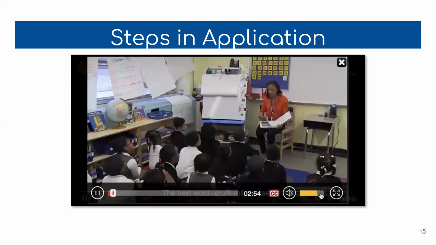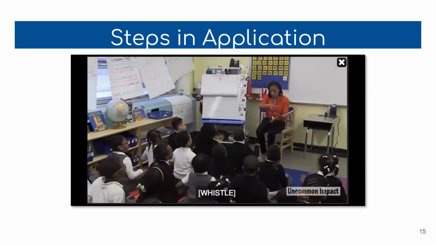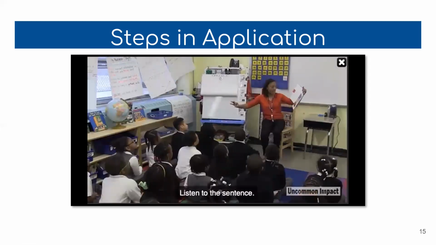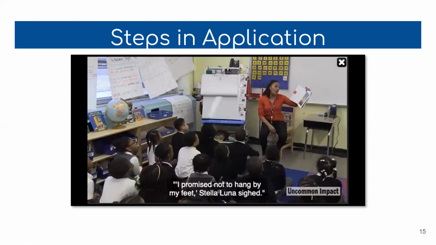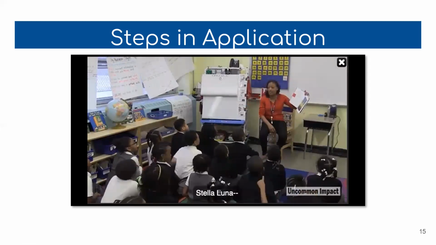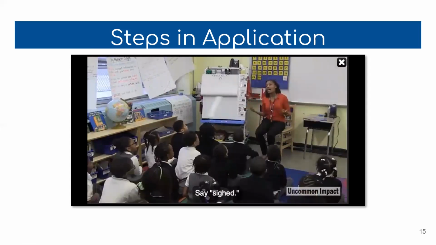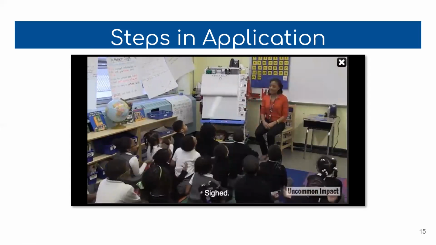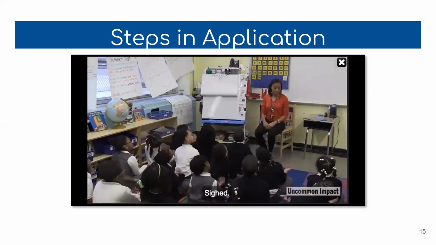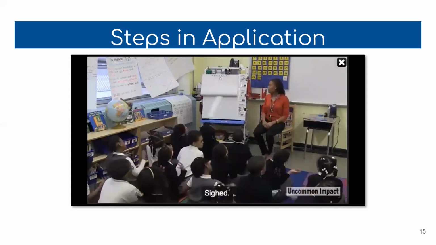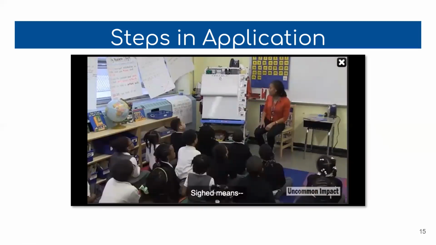The next word, drumroll please. Listen to this sentence. I promised not to hang by my feet. Stella Luna sighed. Say sighed. Sighed. Do the hand motions with us. Say sighed. Sighed means sighed means